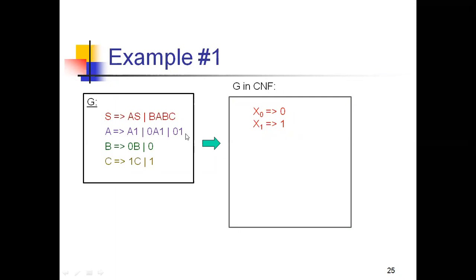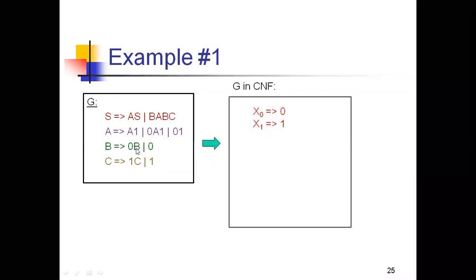0 1, this is also not acceptable. 0 B, this is also not acceptable. 0 acceptable. 1 C, this not acceptable. 1 acceptable. What the syntax is, either your production should be S tends to 0, or should be B tends to 0, or C tends to 1. Only these three are acceptable from the given grammar.